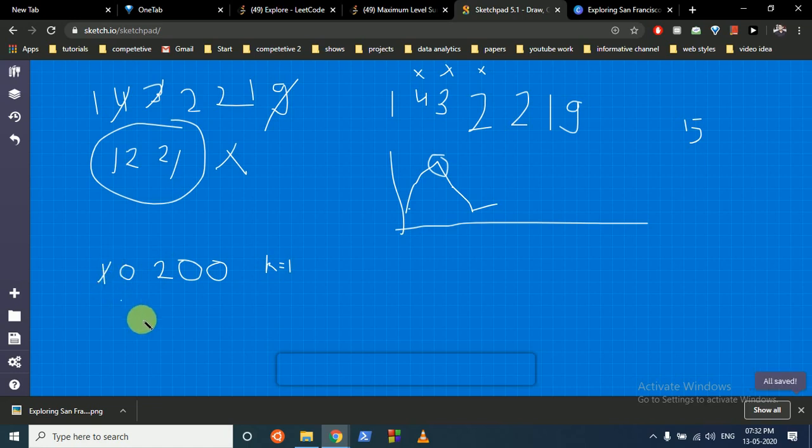So if you remove this 1, the number will be 0200, and as it doesn't have any leading zeros, it will be better to just call it 200. So it means if a number has some zeros at the front, it is better to remove the digit before them because it will remove all the zeros after it. If you again draw this, the first one is 1, then 0, then 2, and then 0 0. You can again see there is a peak here, but 1 is also a peak,